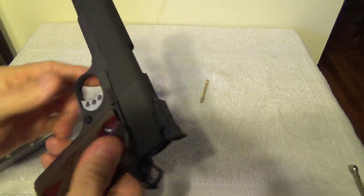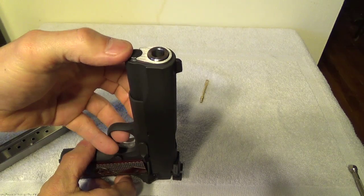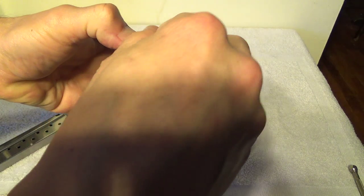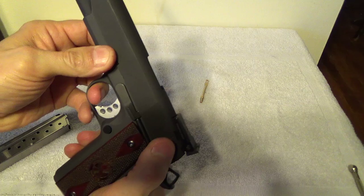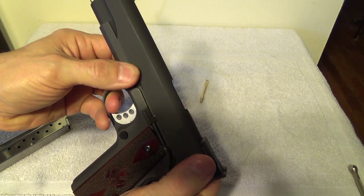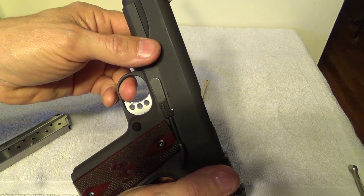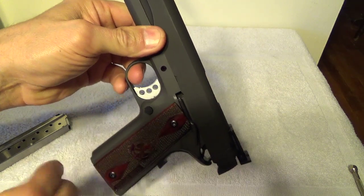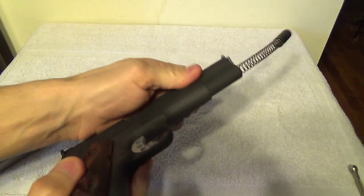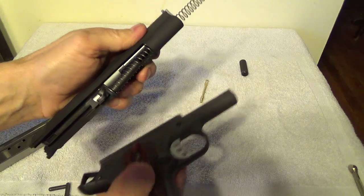Okay, so close your slide, engage your safety, put the gun on a stable surface, push the plug in, rotate the bushing away from you, allow the plug to come up, release your safety, bring the gun back so the slide stop lever aligns with the disassembly notch. Remove the slide stop lever, flip the gun upside down, remove your frame from the slide,